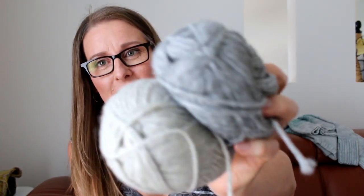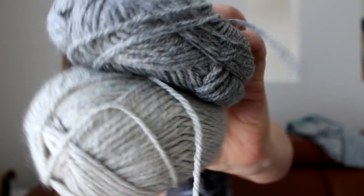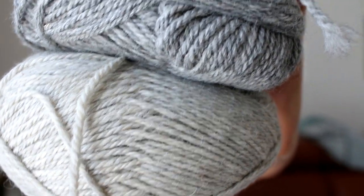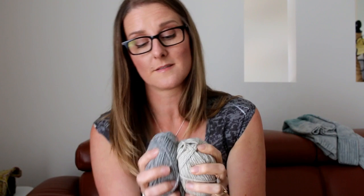So these are the two colours I chose. Look at those. These are undyed. I'm not going to say tweedy, but what is it when it's got like a couple of colours? I'll put it really close. These just glow. I absolutely love both of them. There's no colourway name. It's purely the blend that came out of the mill from the natural fleece. It's so soft. Oh, I'll stop raving about it. You'll probably get sick of me saying how soft it is. But hey,